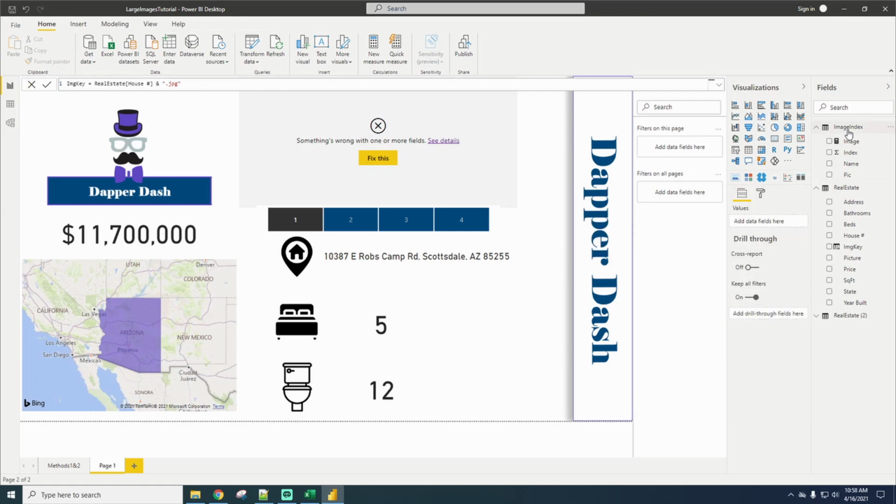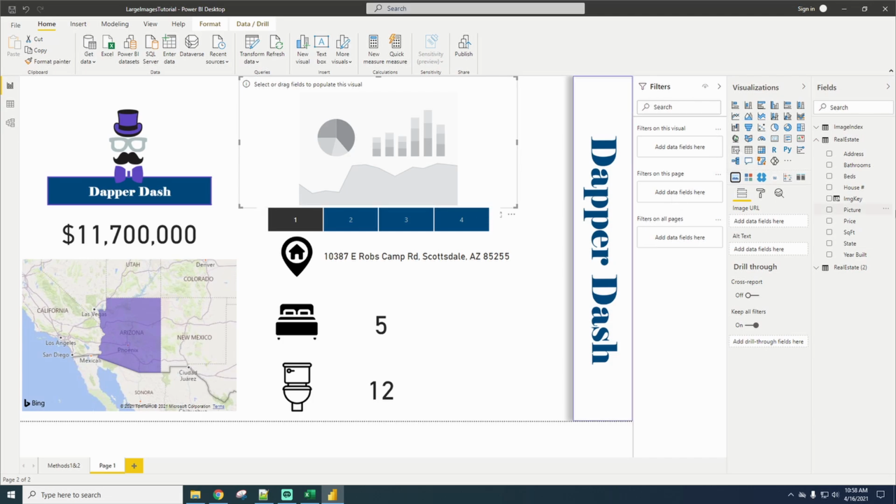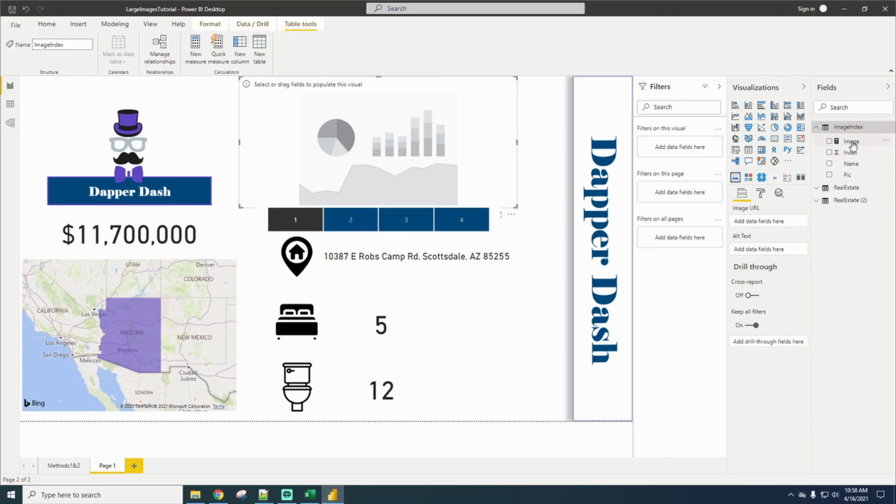I've tested this on method number 3, and method number 3, it will not work if you use a simple image. So if I use a simple image, I am not able to grab my newly created image and bring it in here, because for some reason it cannot take a measure. It has to be a column that it uses in there. Okay, I've tried. So I did find, and it's also in the blog, if you use Image Pro by CloudScope from the marketplace, so this custom visual,